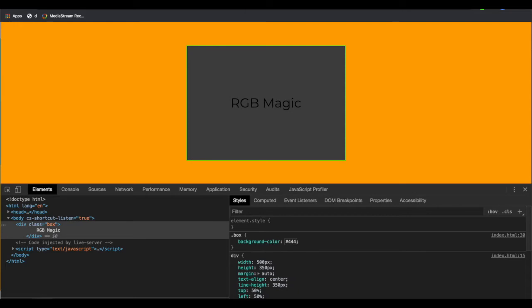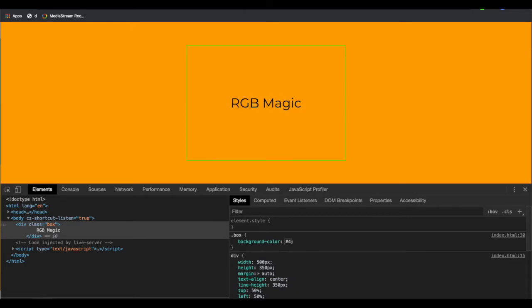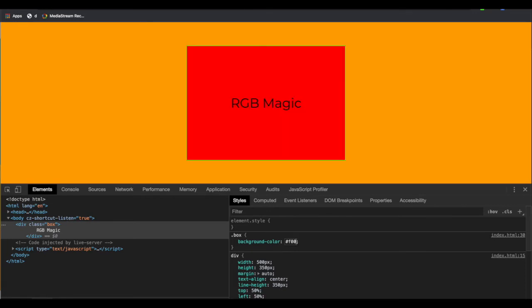Now what about other colors? If I give hash, for red the maximum, for green nothing, and for blue nothing, there will be a sharp red color. So F00 will be the red color.